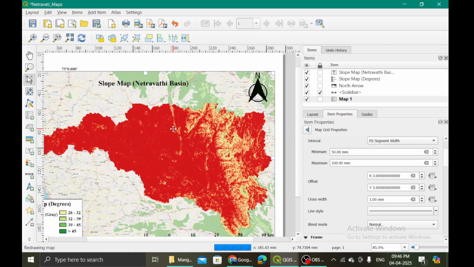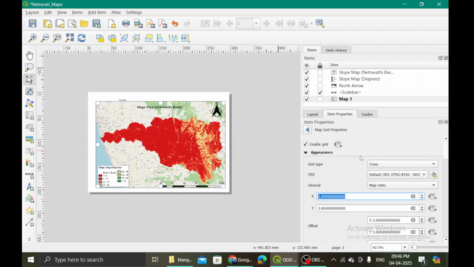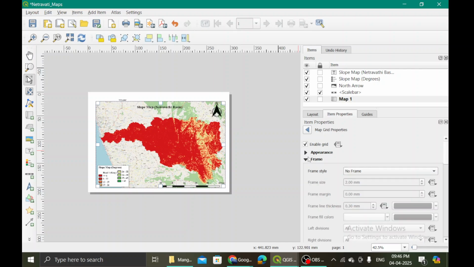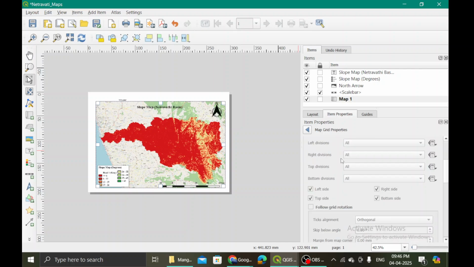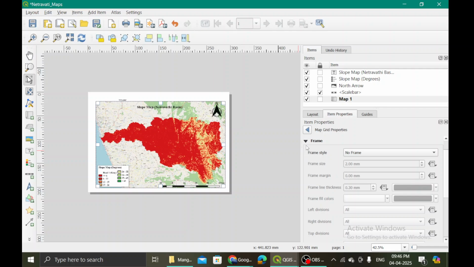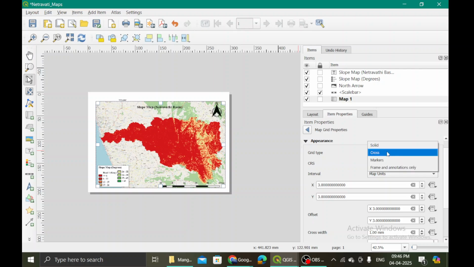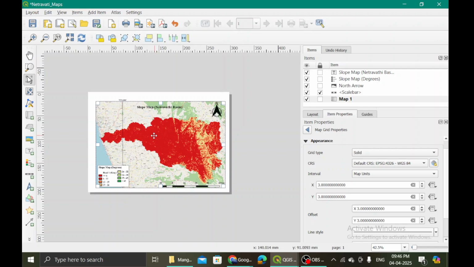Segment width, map units is better. If you are doing it, you will know what exactly I'm doing. But if you are simply looking at these things, then it is a little difficult.